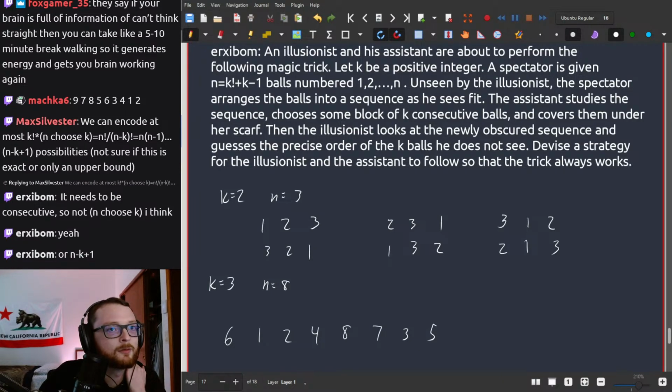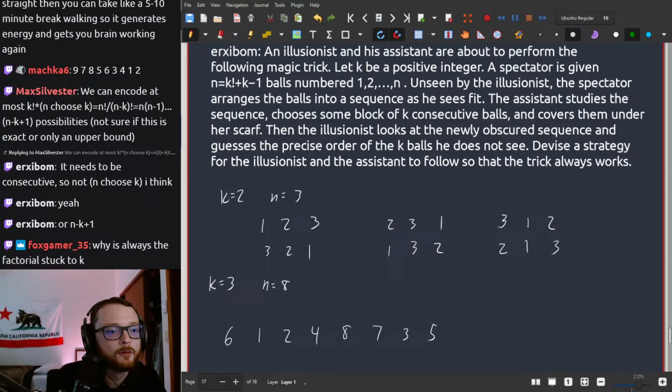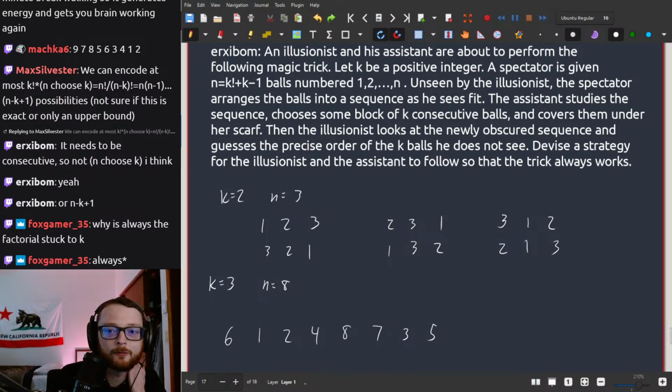N minus k plus 1? Okay. It's just how the problem is defined, Fox Gamer. We don't need to think about n factorial because it's probably not going to come up too much. I mean, it could, depending if we want to think about combinations of stuff, but